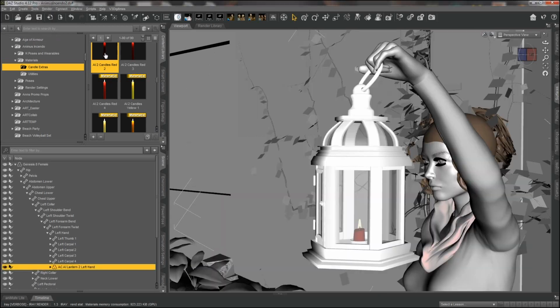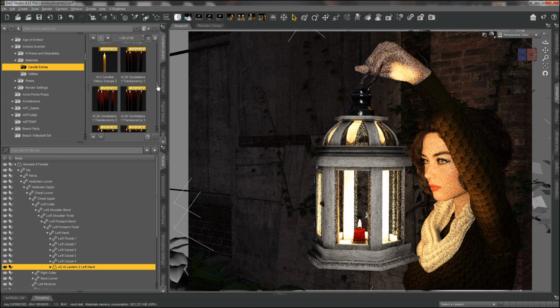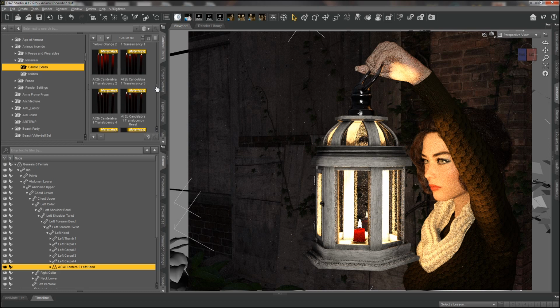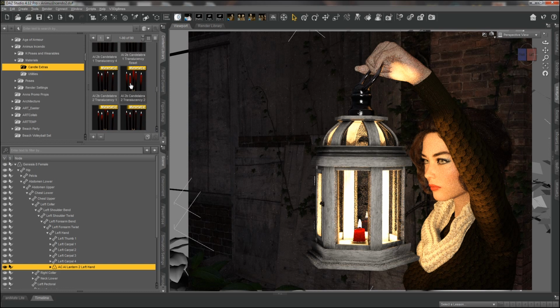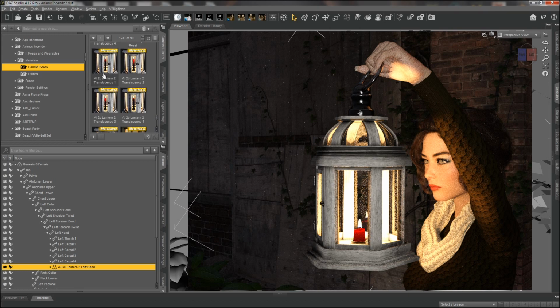If I want it to be darker, we can go this way and get it to be darker, and these will work on any of them. When you come farther down, you're going to see where we go back to saying candelabra 1, candelabra 2. That is because these are specifically different maps to control the translucency. So how far down the glow on the candle goes, or how it shows. So in this case we're on lantern 2, so we'd have to go way down here to lantern 2, and now I could pick any of these different ones